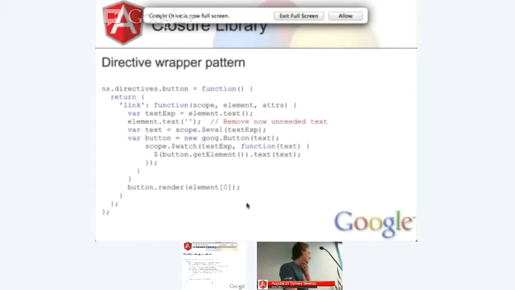I'm sorry, element 0. Right. That is because element is a jQuery element, and the jQuery selector might return a set of elements. This gets the underlying DOM element from the jQuery element.